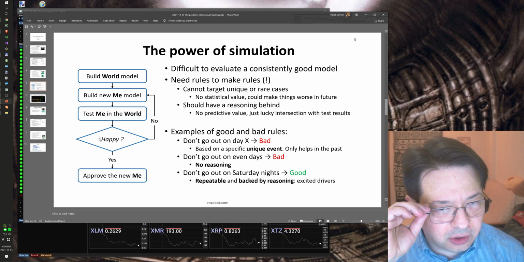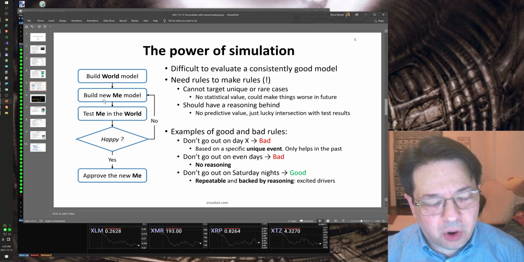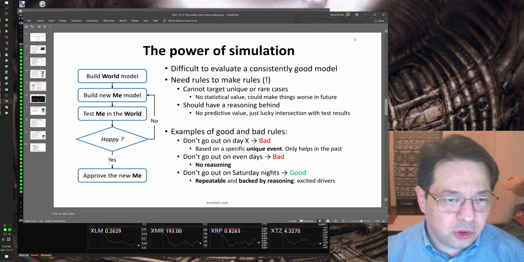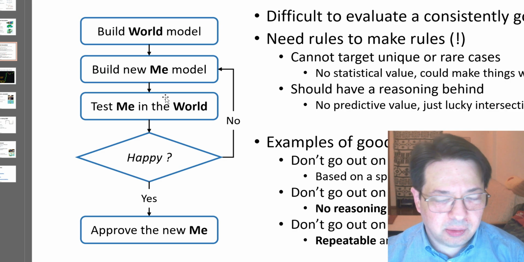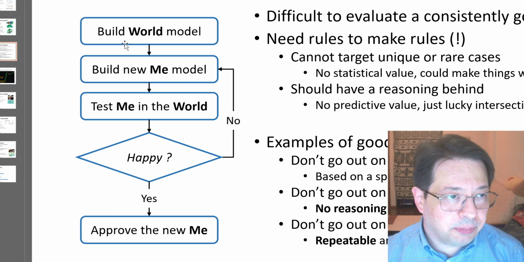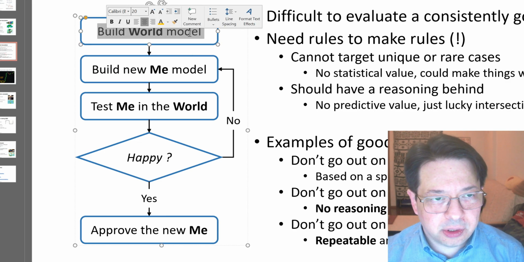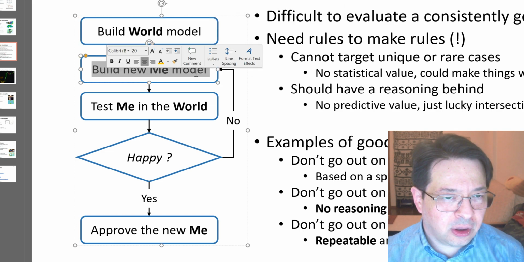I don't think it's very realistic to make a model of the world, but then again, you only need to model the things that are really essential to get to an outcome. So you can have a model that is extremely simplistic, but just as simple as it needs to be. So what you would do is build a model of the world with cars and buildings and all that, and then you build a model of yourself,